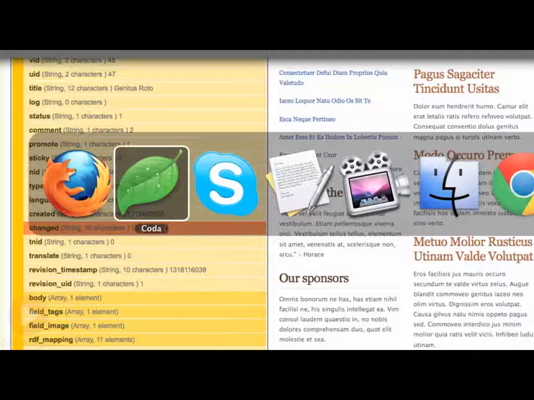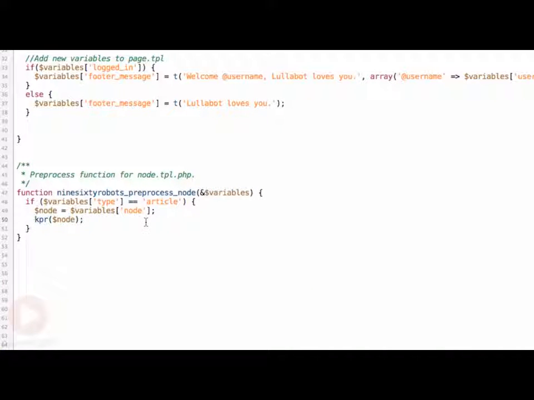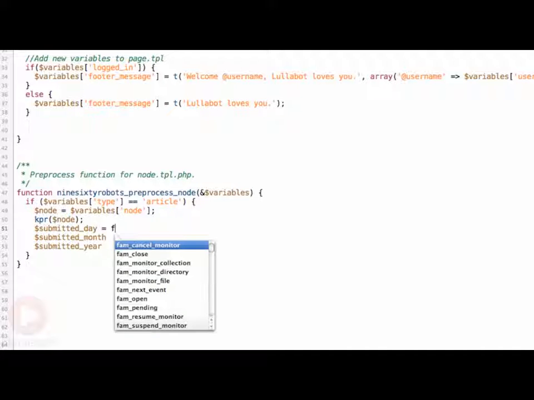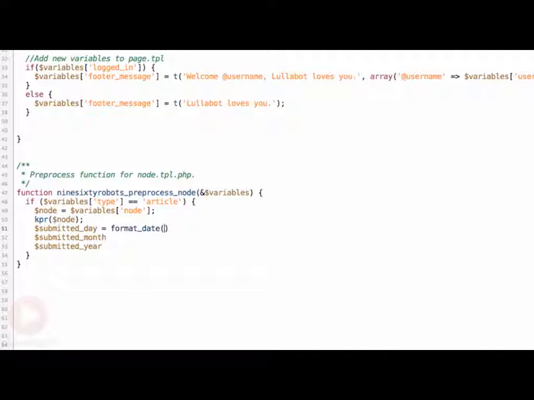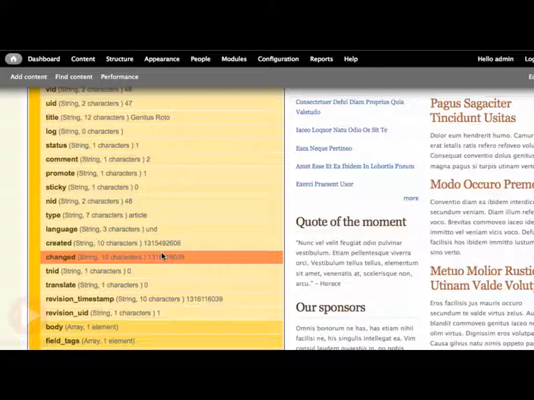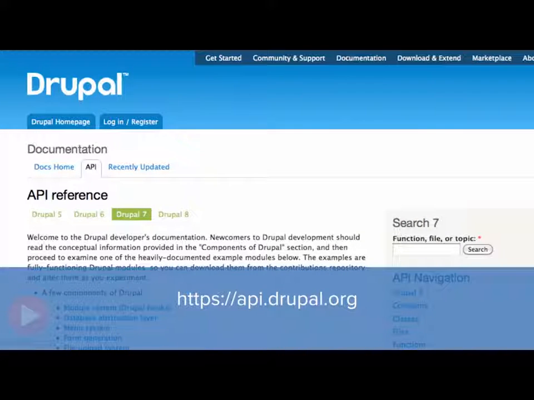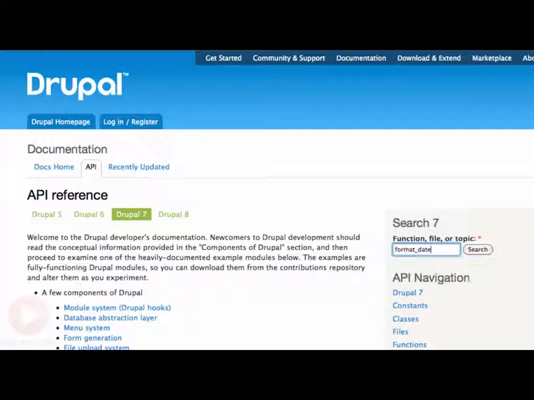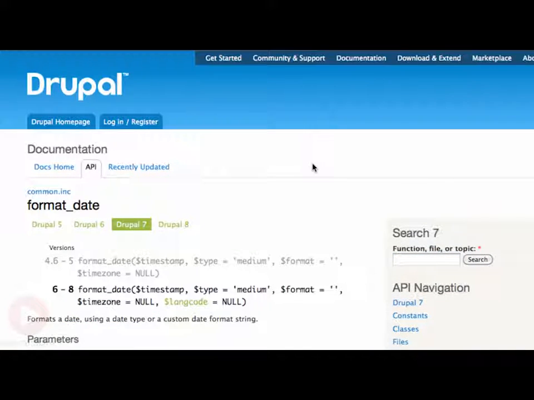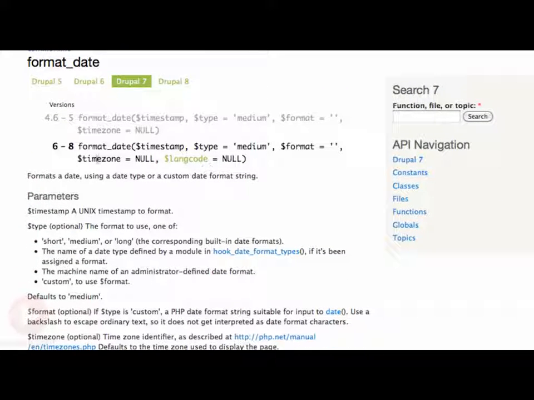So let's go back to our code. The next thing we are going to do is create new variables. So to get the day, we are going to use a Drupal function called formatDate. Now, if there's any time a function you don't know what you need to pass to it, I always recommend going to the API reference. That's at api.drupal.org. And you can go ahead and paste it in, and it will tell you what parameters. So for Drupal 7, format date,